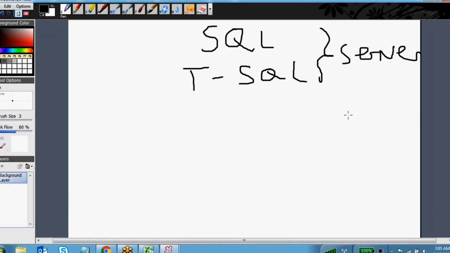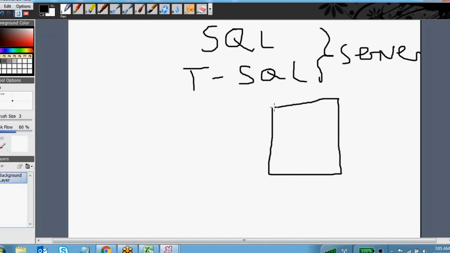If you observe, everywhere, if you are going to design a project, what do you require? You require an application. For example, this is a banking application.